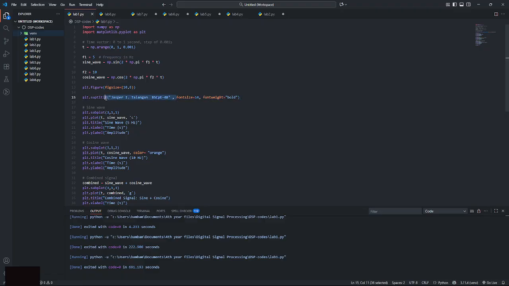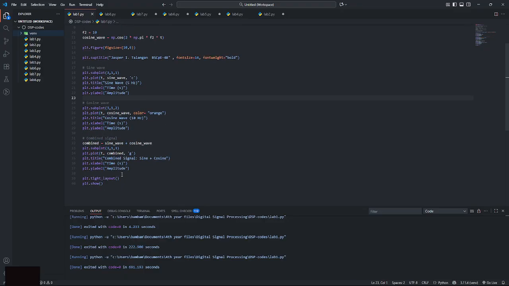We will see this later when we run the code. We create three subplots for the sine wave, cosine wave, and the combined signal. That's all, so let's run this code.